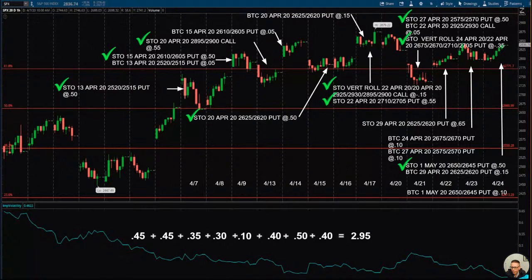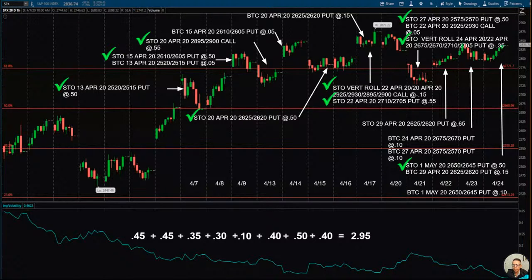So if you add that up and you're using one contract, you would have made $295 in that month. If you're using 10 contracts, you would have made 10 times that amount, $2,900. Okay. So that's how these work, and this is very, very typical. Go back, study this,